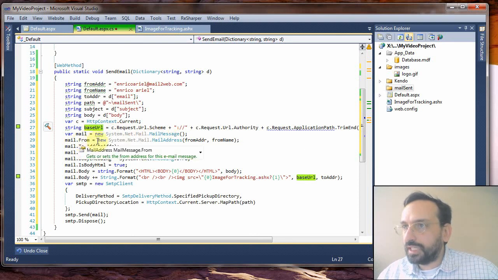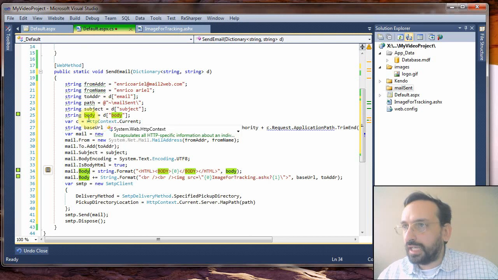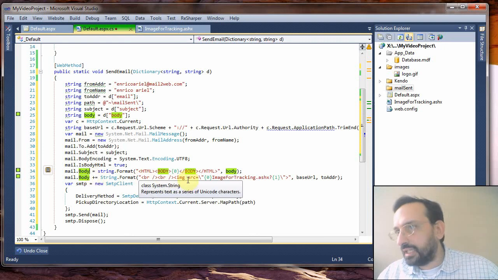I add the necessary parameters to send, and I'll just show you. This is the body which I can get from the editor, and to the body I'm adding here on the bottom, as you can see, I'm adding